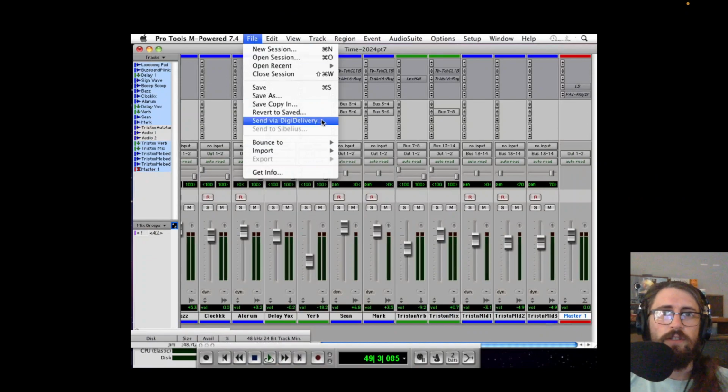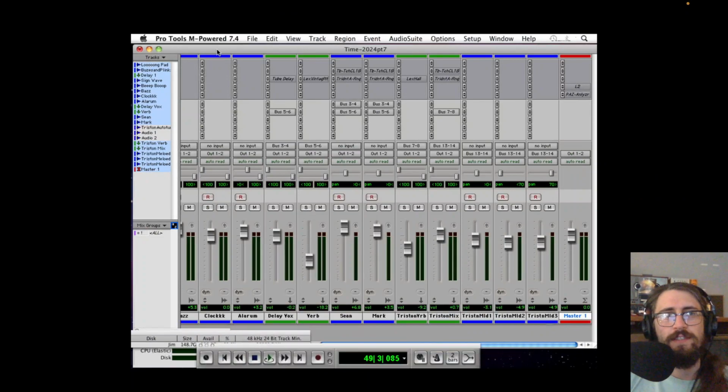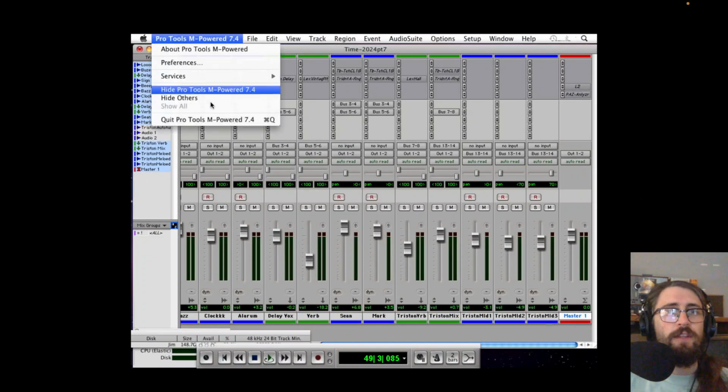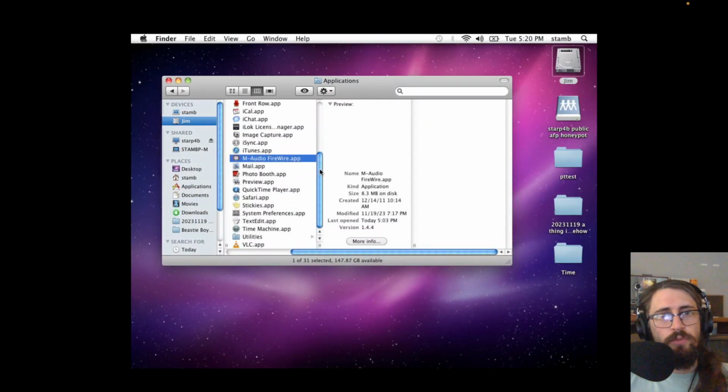But they even had DigiDelivery back then. So they were trying to do the networked, shared audio thing. But it just didn't really work. Like the podcast recorder deal that came with this, I never noticed that from back in the day. Never used it. And apparently I have to have some special server connection that I'm not cool enough to have. But anyway, I think that was pretty much all in terms of the Pro Tools stuff.